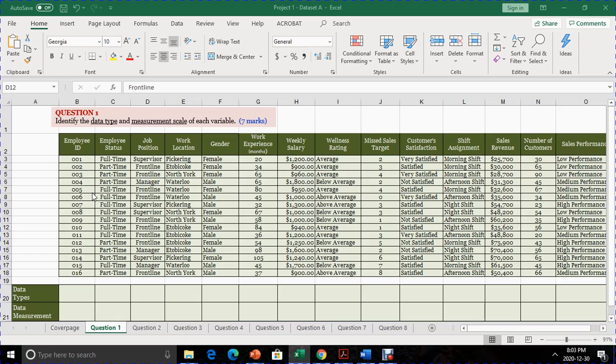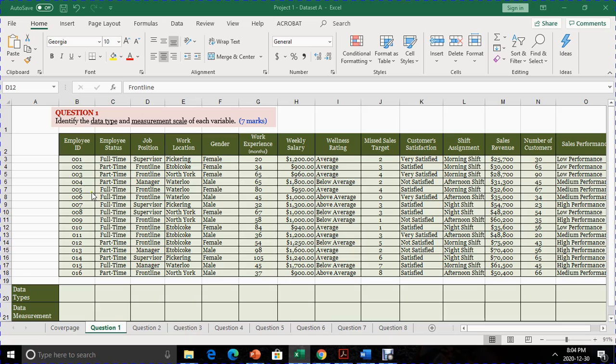This survey involved employees of a particular company, and they were asked a series of questions. I'm going to go over these questions and see how the data is being captured. Your goal in this question is to identify the data types and the measurement scale assigned to each of these